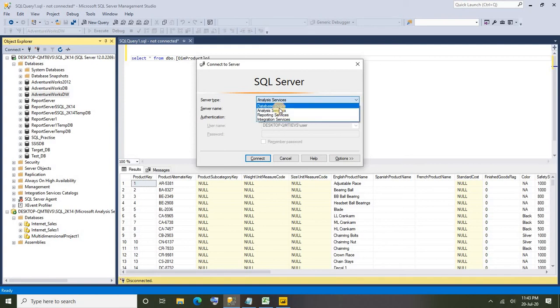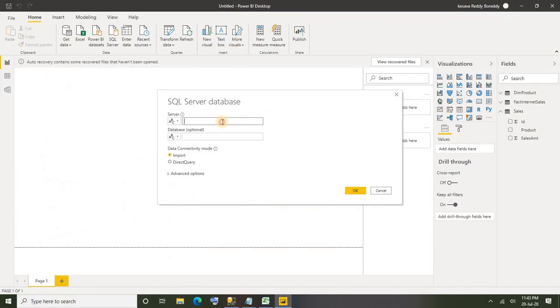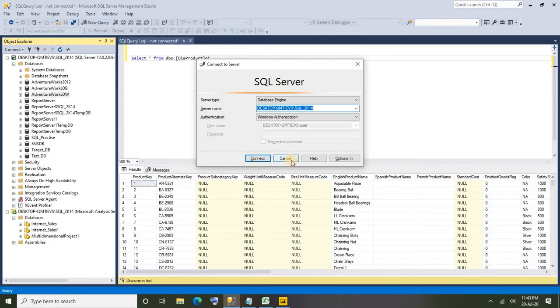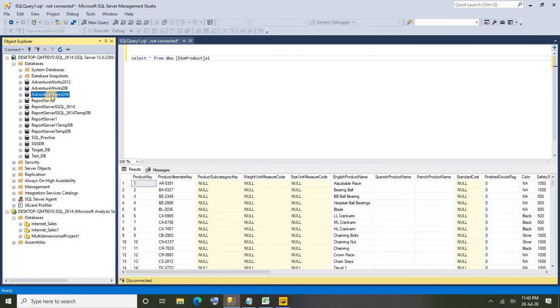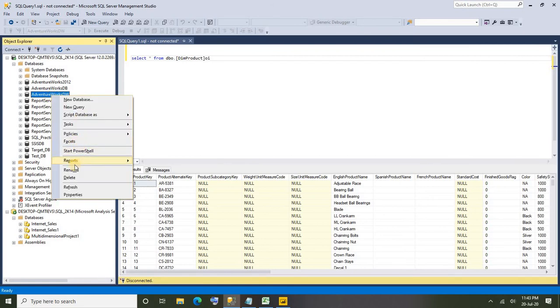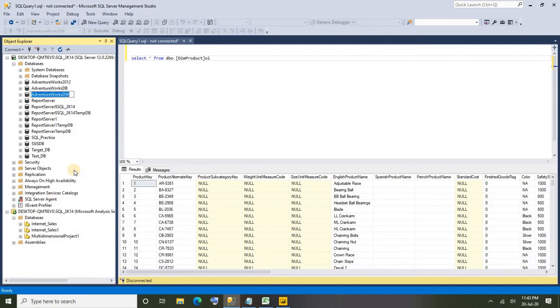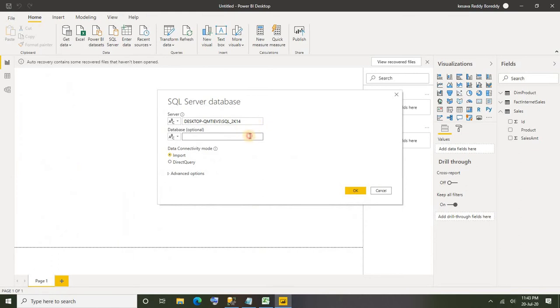Next, let me copy the database name. Okay, now I'll say direct query.